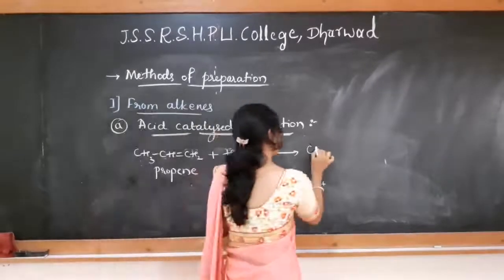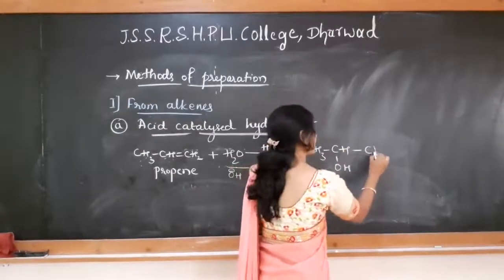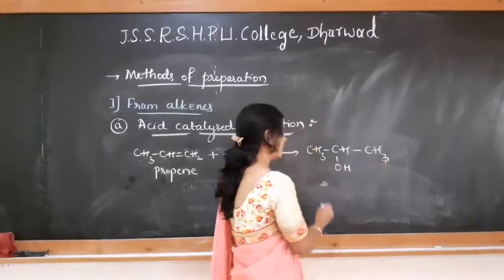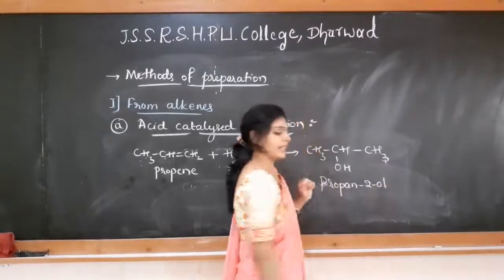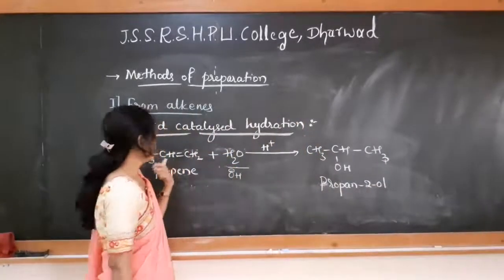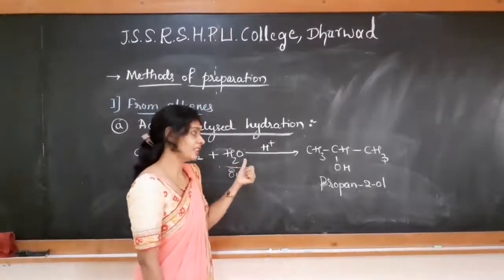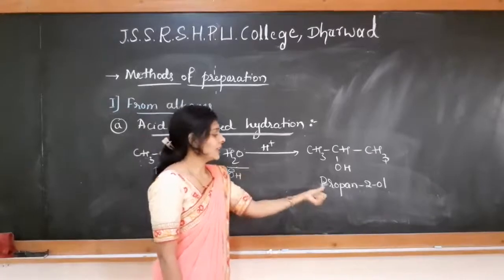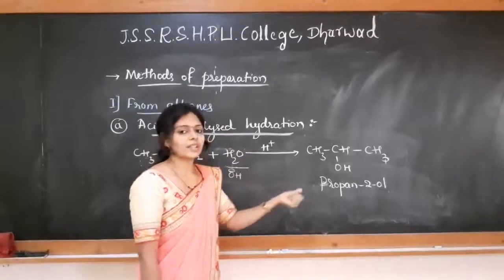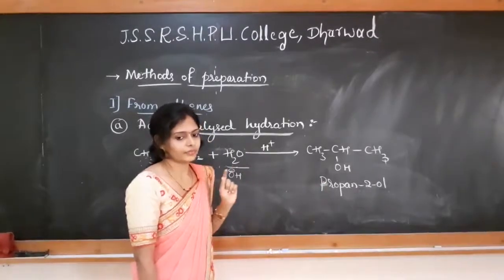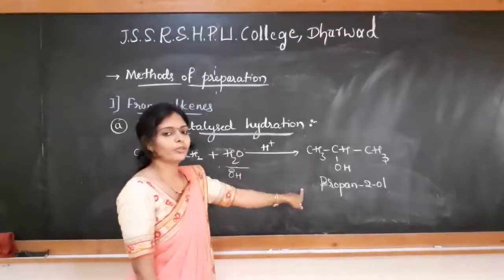So the product formed is CH3CHOHCH3, and the hydrogen, the positive part, goes to the other remaining carbon. So we are getting the product propan-2-ol. We are getting a secondary alcohol when we have the unsymmetrical alkene. When it is treated with an unsymmetrical molecule, here we have taken water, we are getting a secondary alcohol as a product. Okay, if it is a symmetrical alkene, we get the primary alcohol as a product. Clear? So this is the acid catalyzed hydration of alkene resulting in the formation of alcohol.